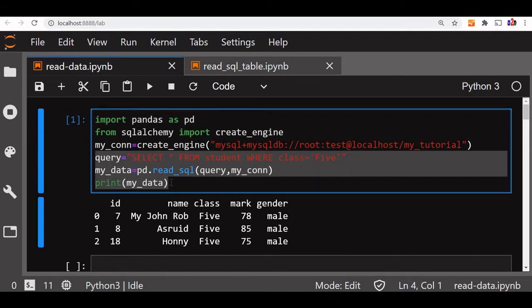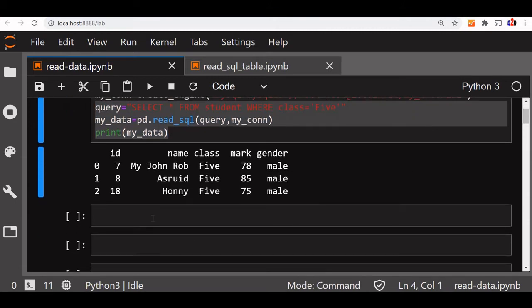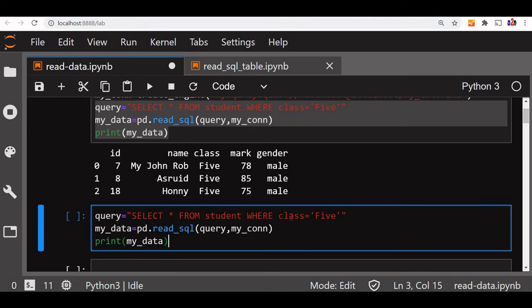We'll see how to pass a parameter to the query and execute it. So we'll copy these 3 lines because we don't want the connection string again. The same connection string we'll use. Pasted it here. Select where class equal to 5. Here we'll use a parameter. So we'll remove this and write %s because it's a string we are passing. So here we'll say params equal to, we'll write a tuple here. In the tuple we'll say 5. Class 5 we want, so we have written it.